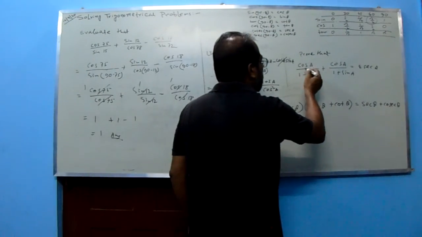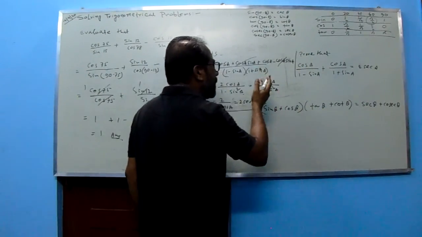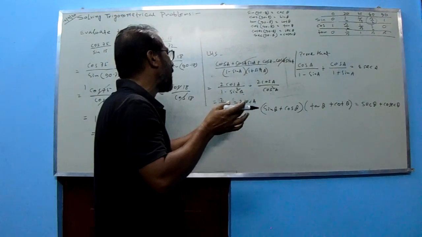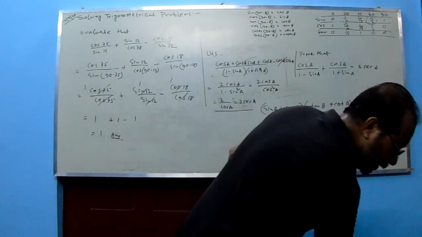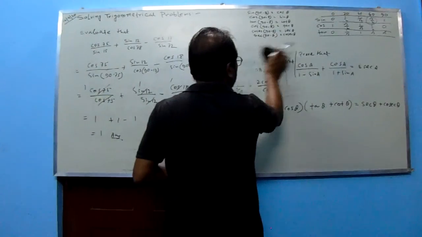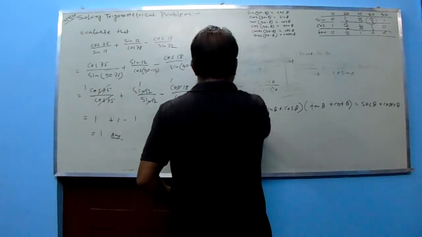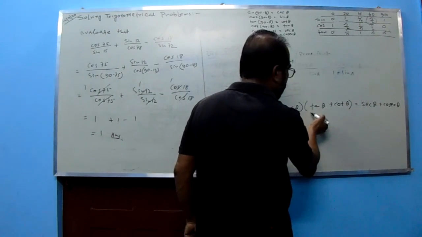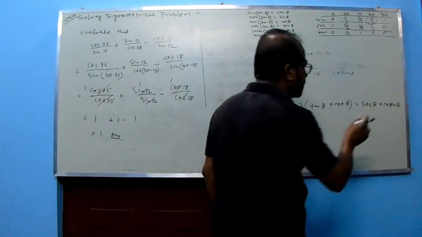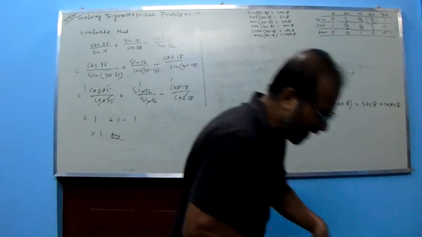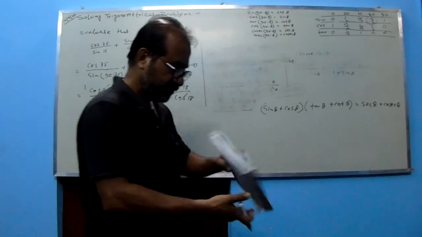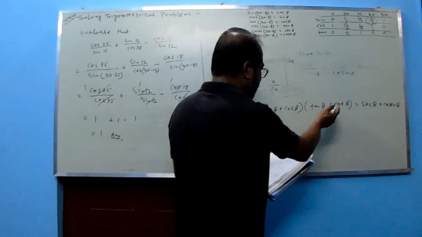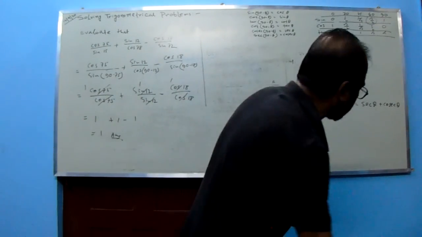Now, like that, whatever method they have given, the formula is to be remembered, and simultaneously I have to do this one. Again, I am wiping off this. Again, I have to prove sin theta plus cos theta, within brackets tan theta plus cot theta, equal to sec theta plus cosec theta. Prove the identity.